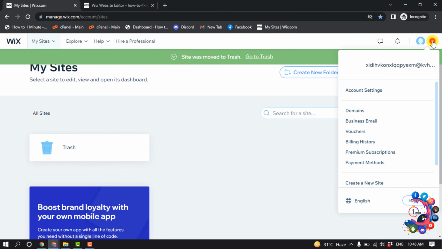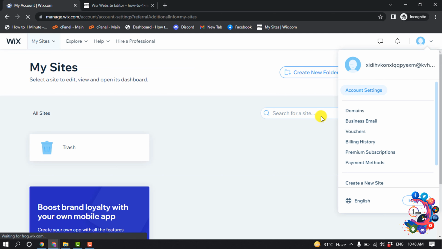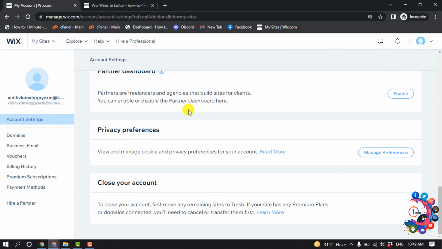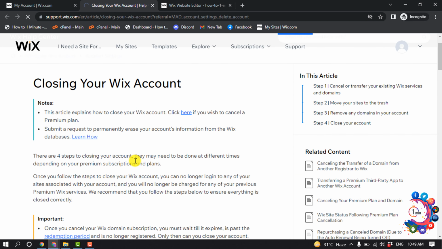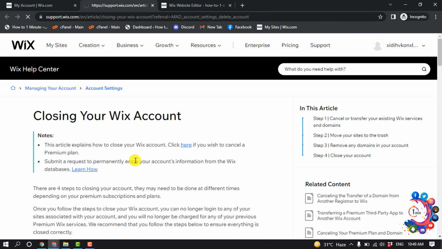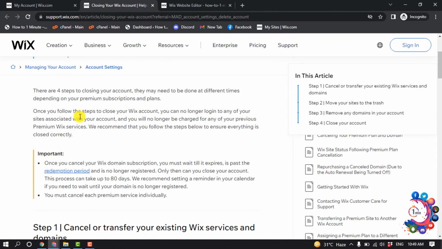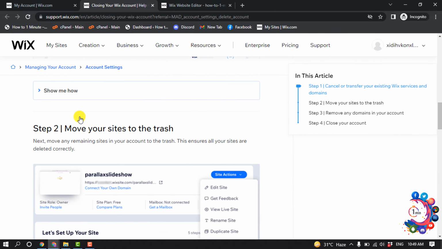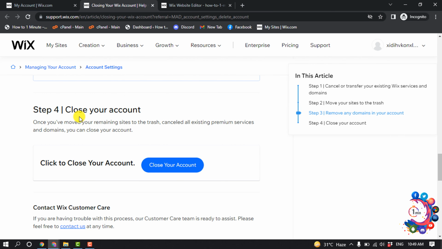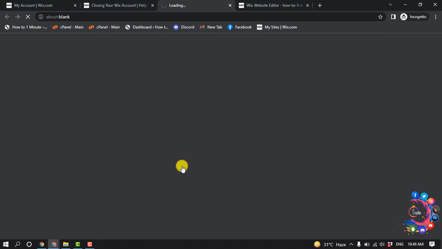And now click on your profile again and go to account settings, scroll down, and here you will get close your account. Now click on learn more. So here you will get an article named closing your Wix account. So you have to go to step 4, and here you will get the option to close your account. So all you have to do is just click on close your account,